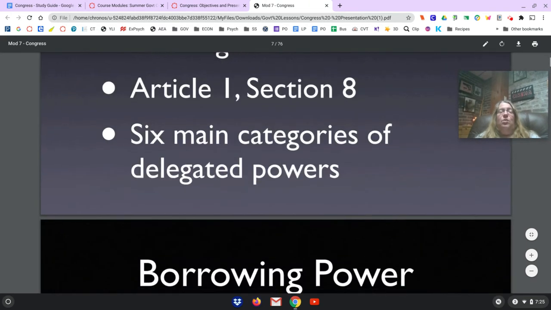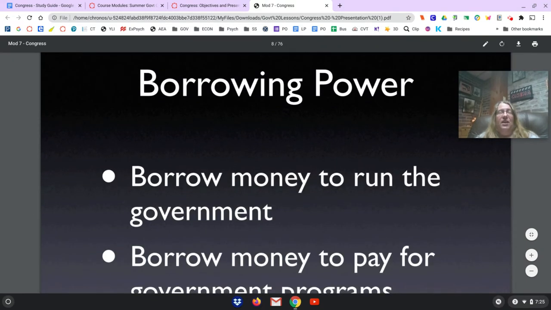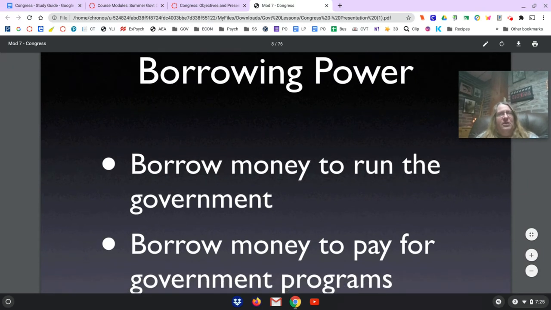Now, those categories are what we're going to be looking at in our notes. So the first category I want to talk about is borrowing. Borrowing is just like it sounds. In order for government to be able to implement the programs that it needs to do, they might have to borrow money if they don't bring enough money in through taxing. So because of that, it's very specific in Article 1, Section 8, that Congress does have the power to borrow money. And we are really good at it.